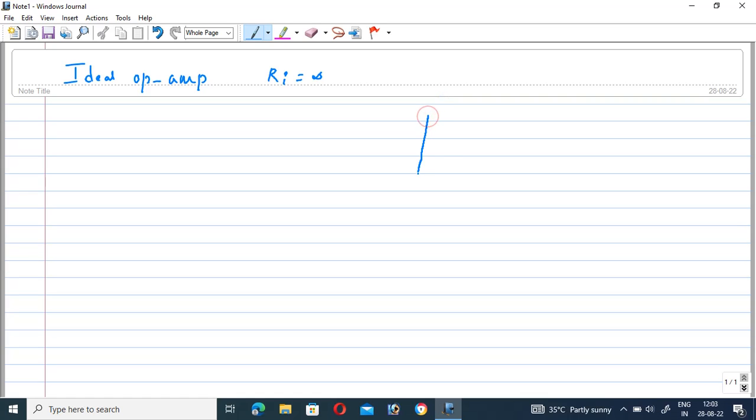So let us see. This is the operational amplifier circuit. I will call these currents I1, I2. Because of the infinite input impedance, it does not allow any currents inside the operational amplifier. So the voltage at the terminals is equal. Next point is that in the case of the ideal characteristics,